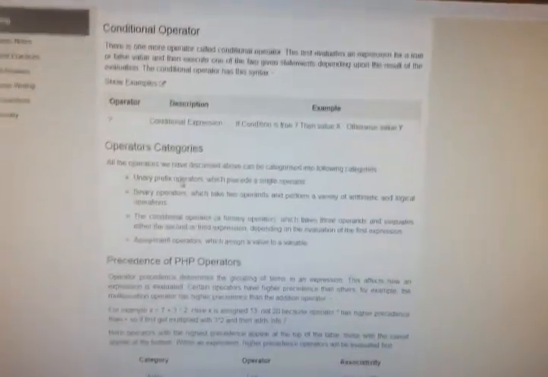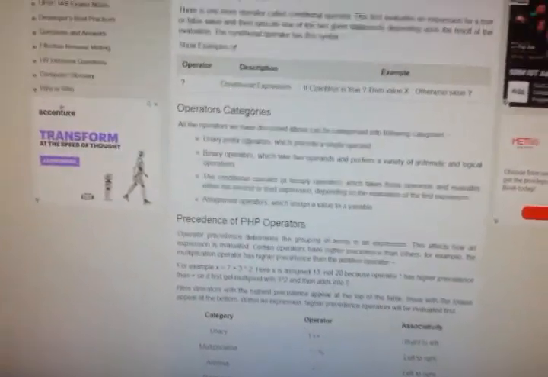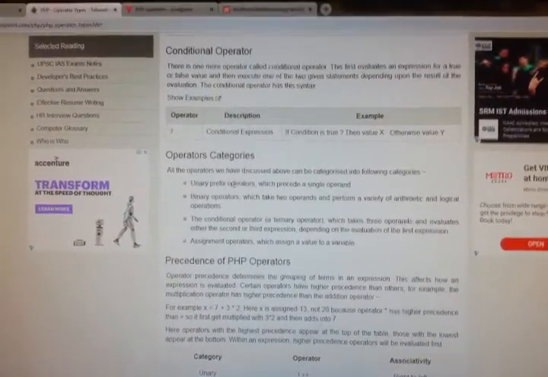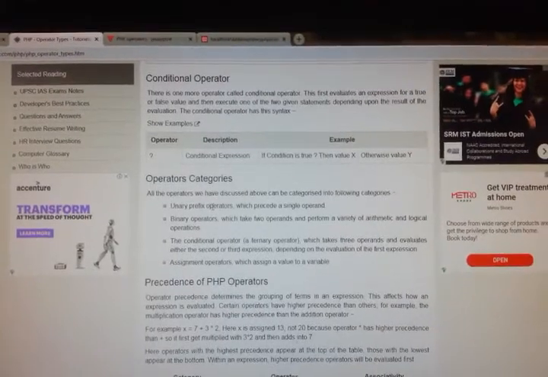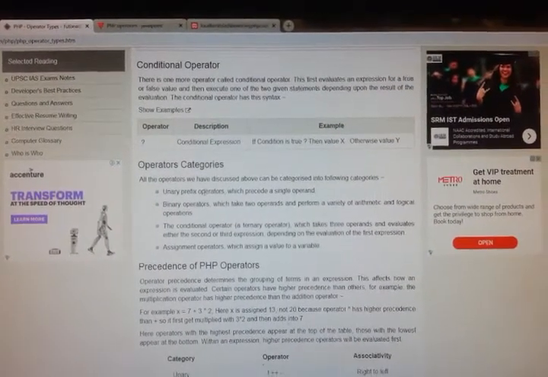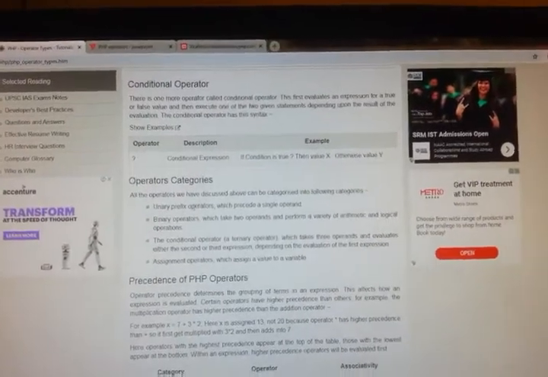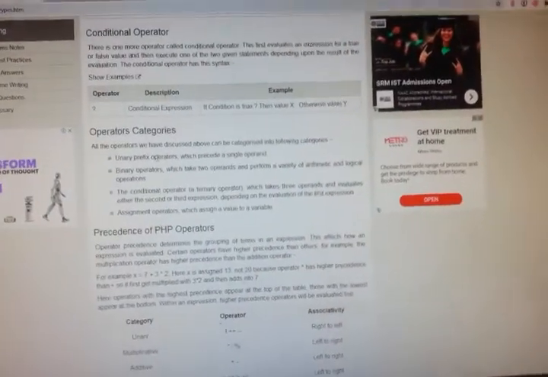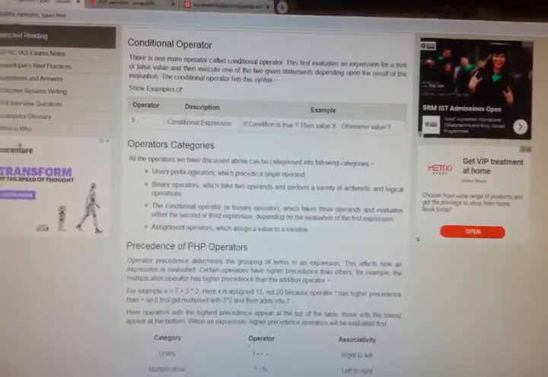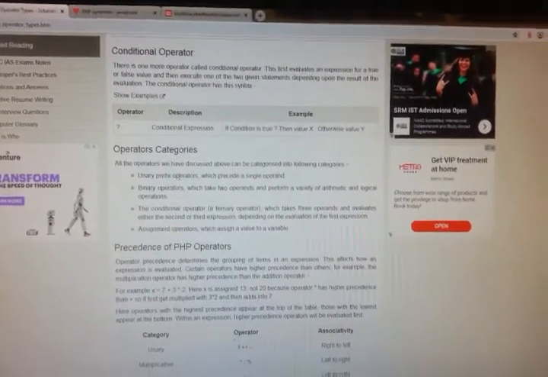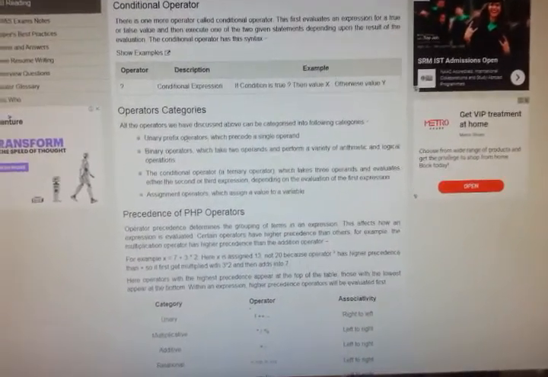The conditional operator has its syntax as question mark followed by colon. If the condition is true, then x is executed, otherwise y is executed, which we keep before our colon.